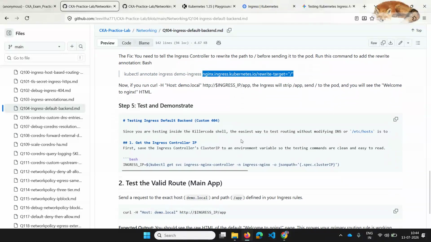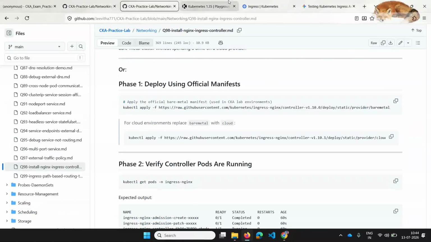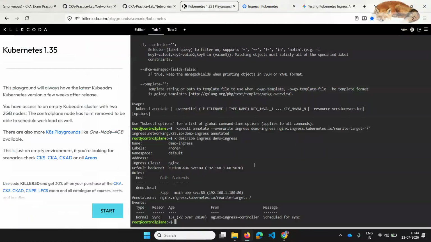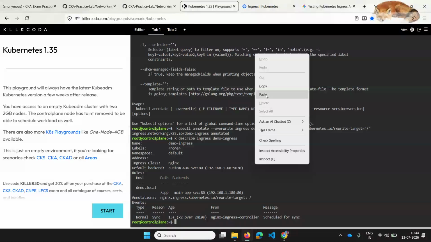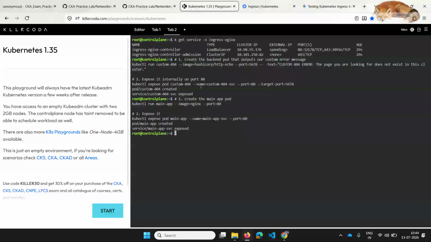Okay. Now let's try to test this ingress. In order to test this, you can capture the ingress IP. That will always be your Nginx ingress controller service IP. Either you can do this, or here in services we have the cluster IP.